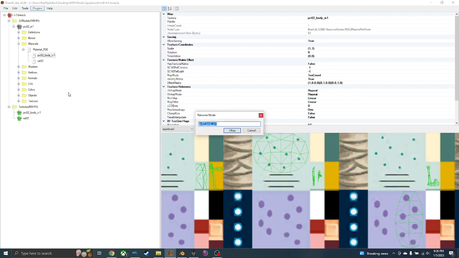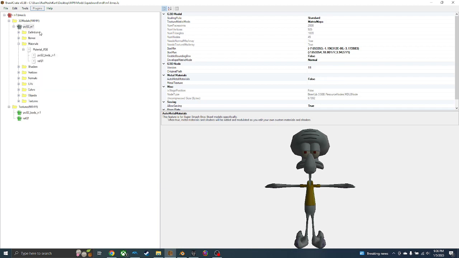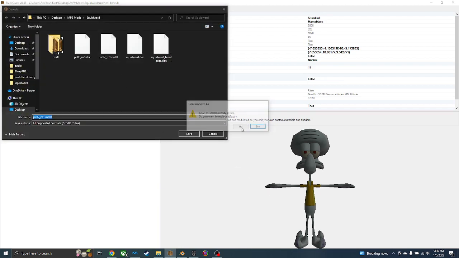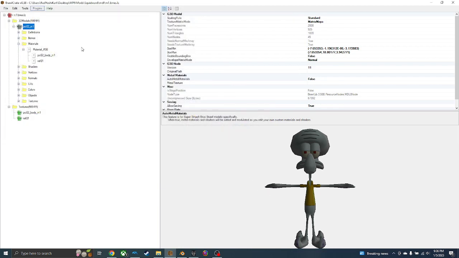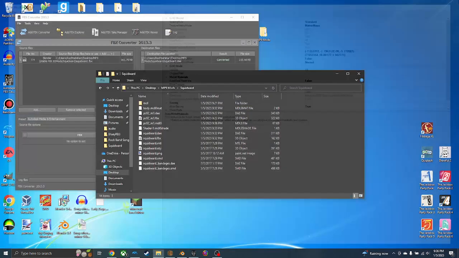So just copy and paste the thing you just saw here, just like the node of the texture, and make sure you copy and paste that in order for it to read it. Then you export it again, so that way it doesn't crash, and then you're done. You're done with this. Now we're almost done. We just need to do